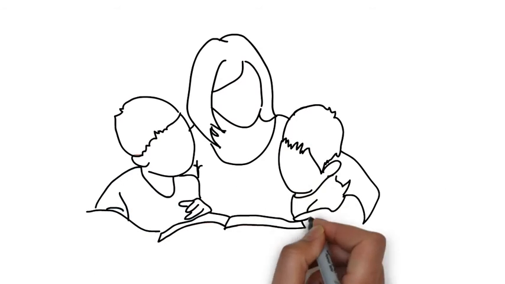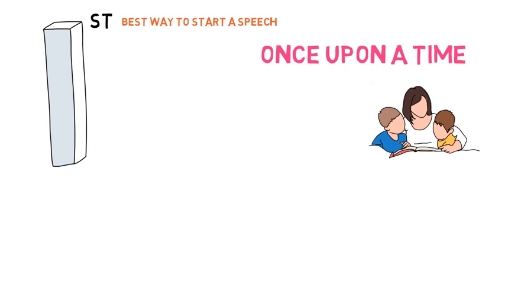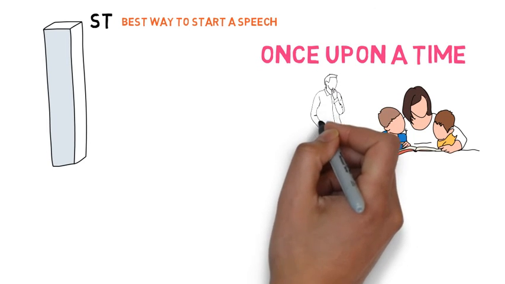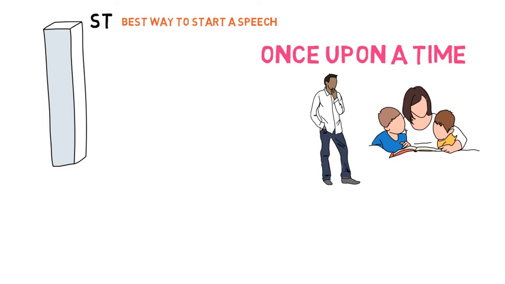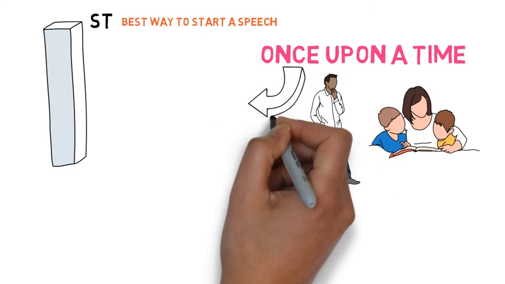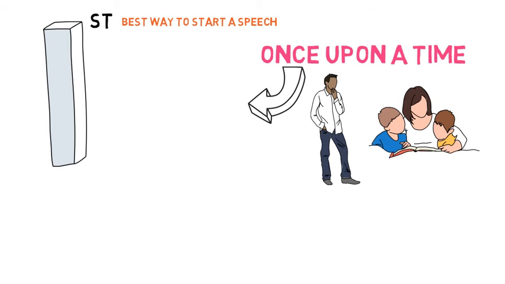Everybody loves to listen to stories, and as children we've all been trained to know when a story is coming. So the moment you say once upon a time, almost everybody in the room will start listening to you. But you can't really use that when you're addressing a group of adults, especially when you're in a corporate environment. So here's the grown-up way of saying it.